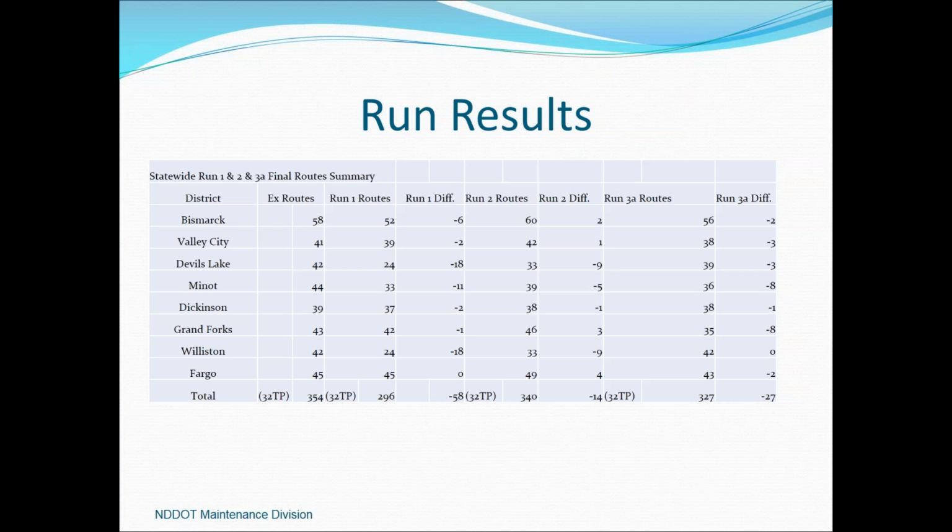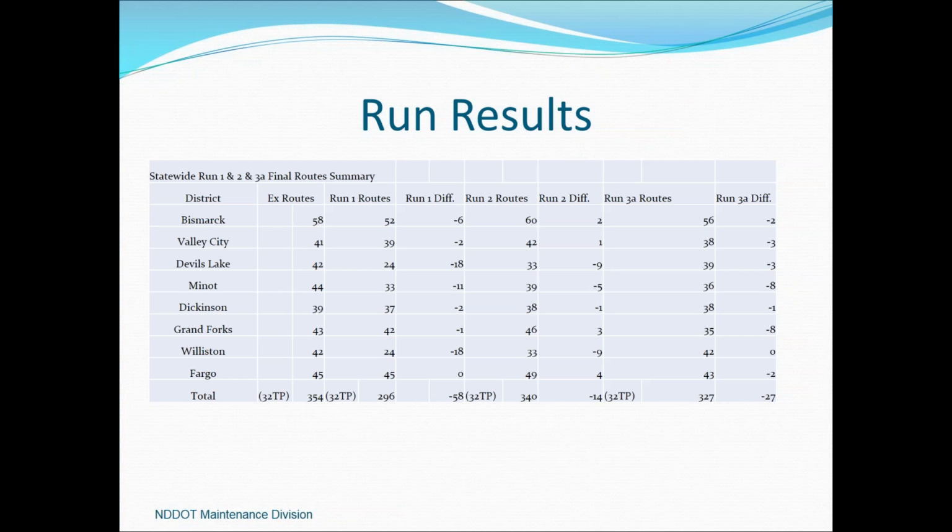Our run two, we had 2 hours for our interstates, and we ended up being down 14 operators. And our run three, we kind of looked back at our existing service and we settled in on 3 hours of allowable time for a route for our interstates